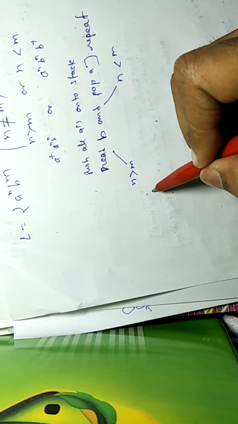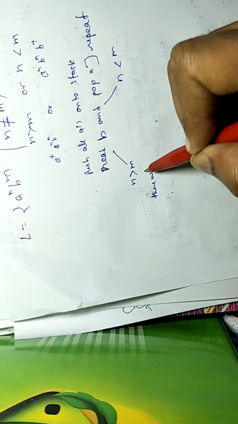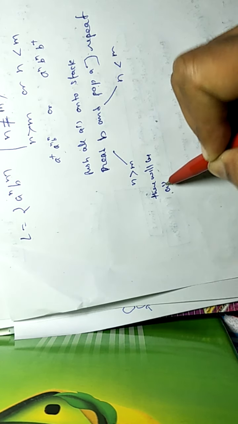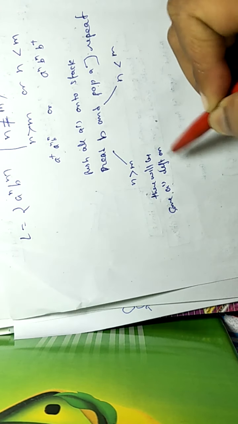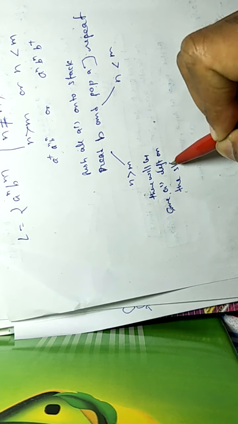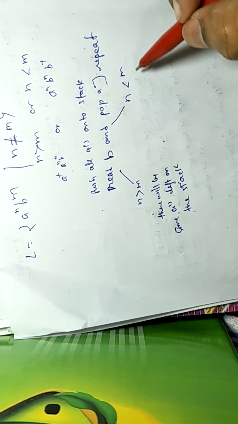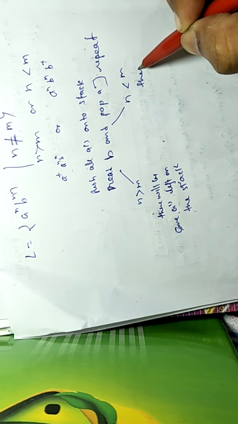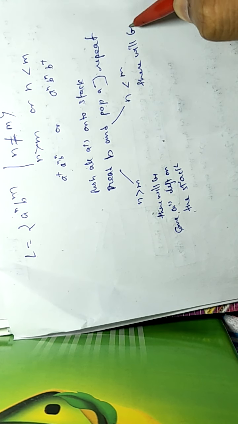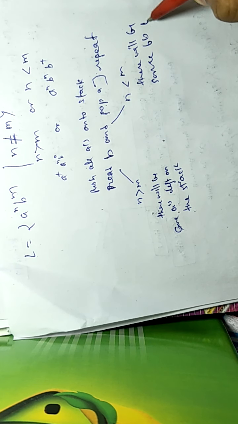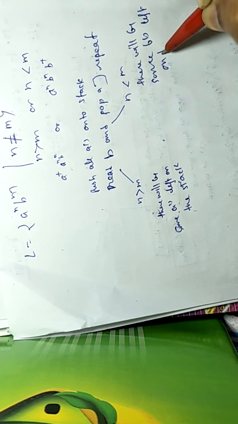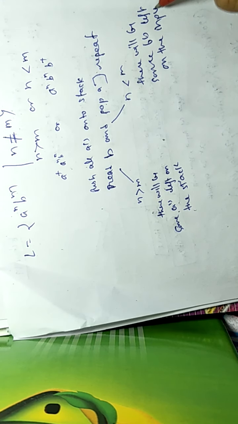On n greater than m there will be some a's left on the stack, and in n less than m there will be some b's left on the input. So it will be designed as